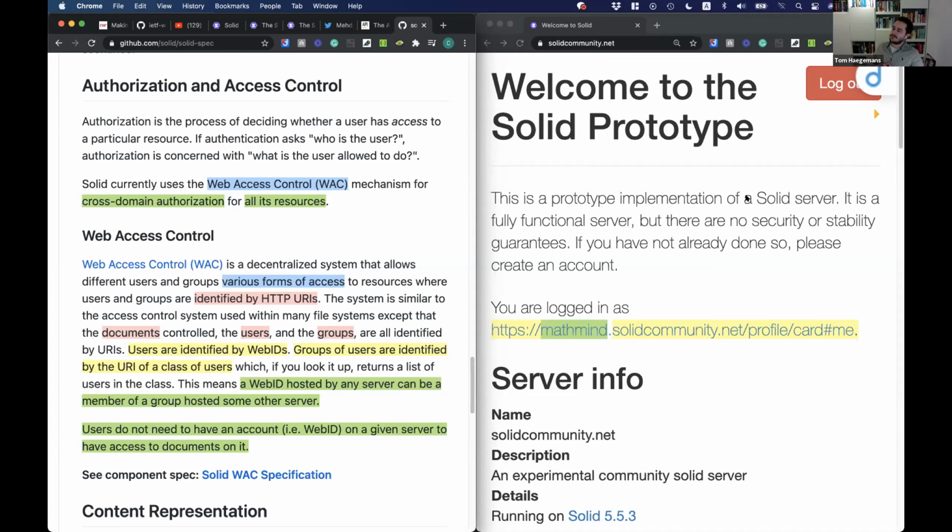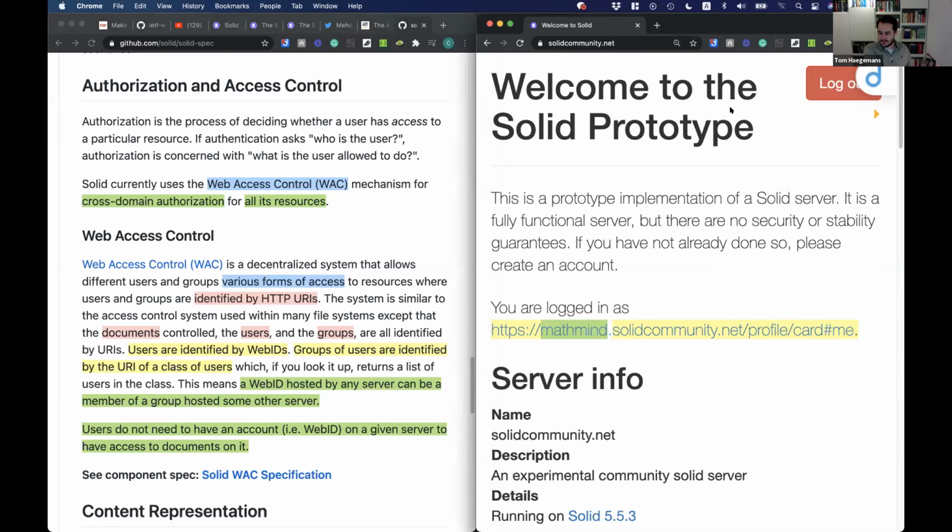That's a very good question. There are two types of apps, very broadly. There are what we call normal apps. Of course, they're not normal, but they are normal in the sense that you already know beforehand what kind of data you will accept in your app. But you also have apps which we call data browsers. In those data browsers, you don't know beforehand what kind of data will be stored in the personal data store. So if you build a data browser, you can't possibly know what kind of data types will be stored in the Solid stores.